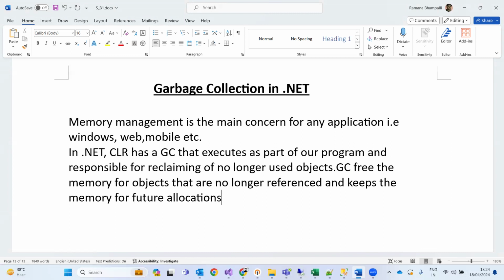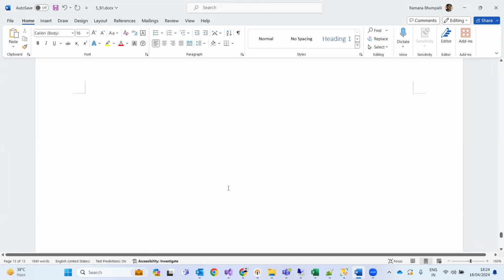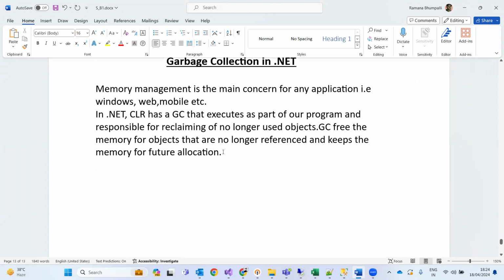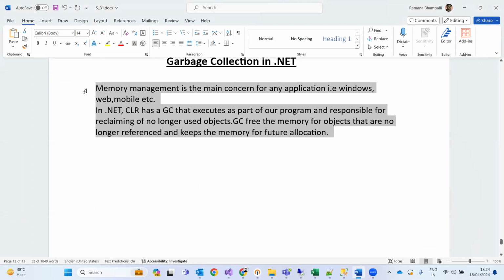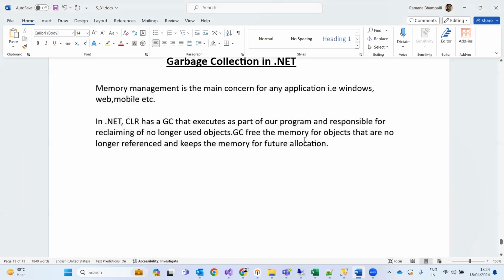This is the job of the GC inside .NET. It looks at the unused objects, removes them, and makes memory free